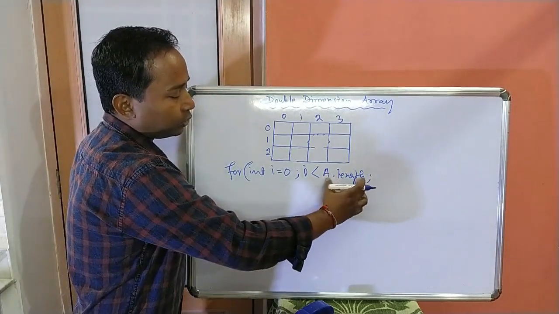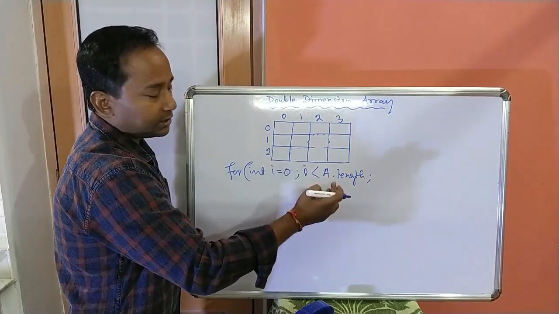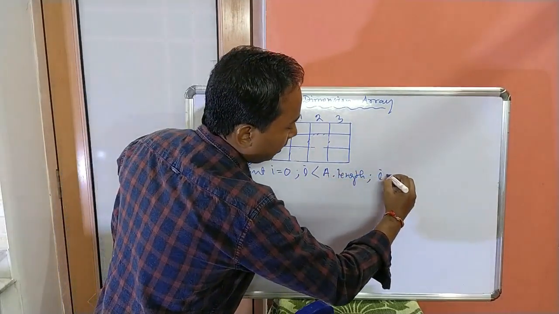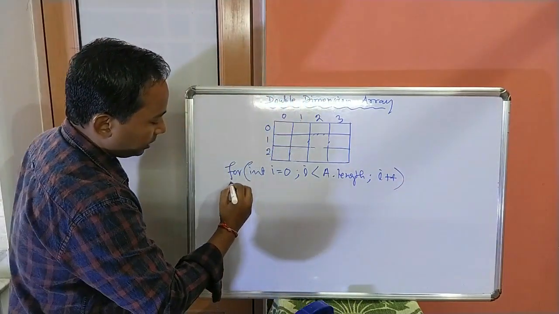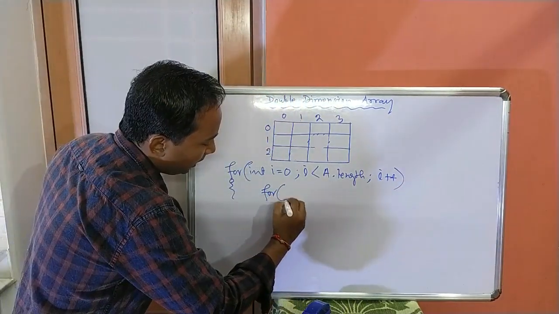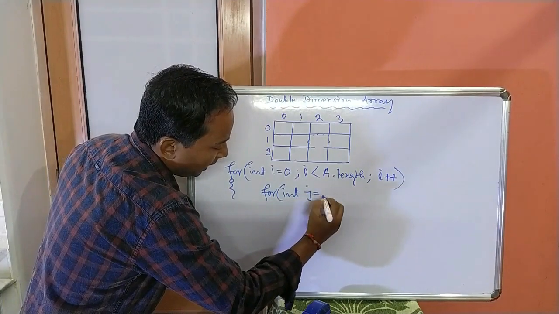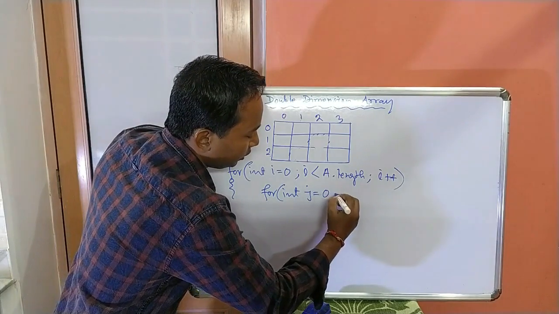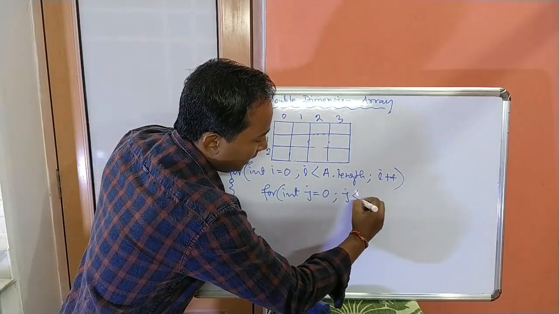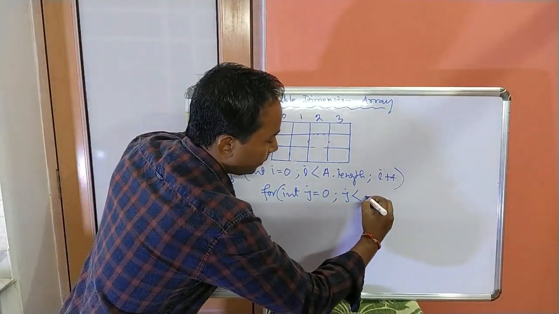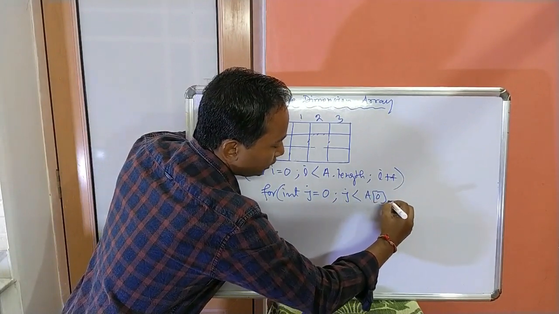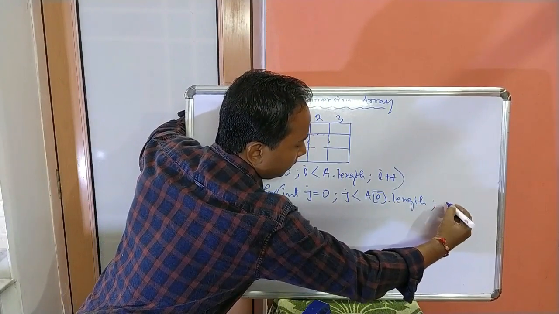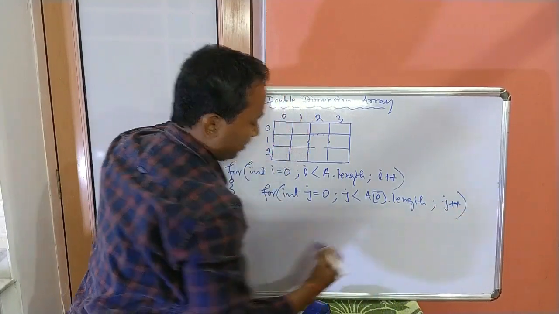So array name dot length for the total number of rows, less than that for the last index number. So from 0 till the last index number, the loop will continue. And here i plus plus to increase the index number. Now inside this for loop, you have to make another loop to get the column index. So it is j suppose. The column index will also start from the first index, that is 0. j less than the total number of columns. What I told? A0 for the first row dot length for the number of elements of the first row, that is the number of columns. Then j plus plus.